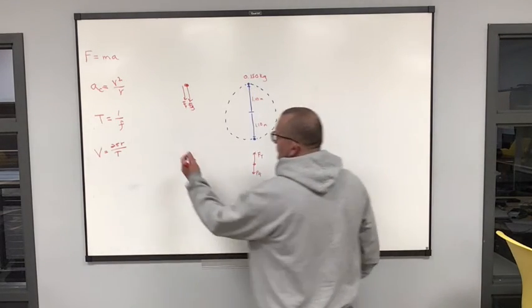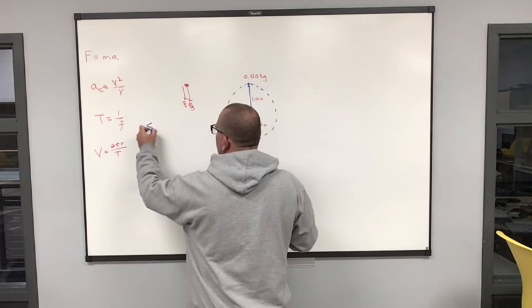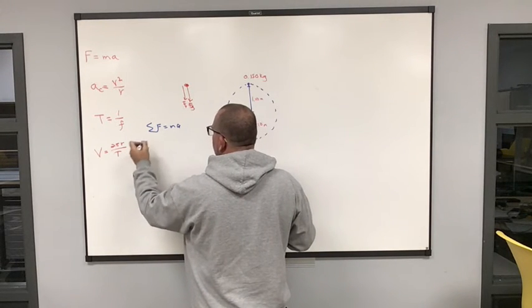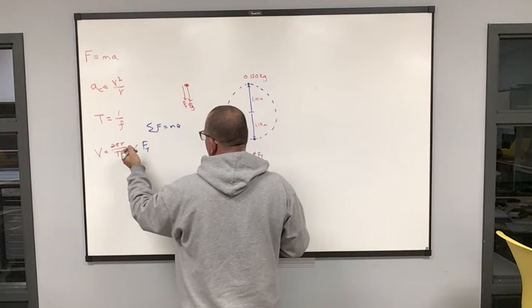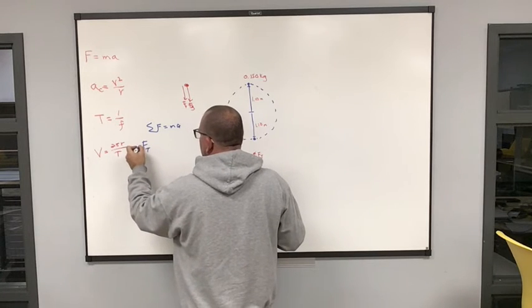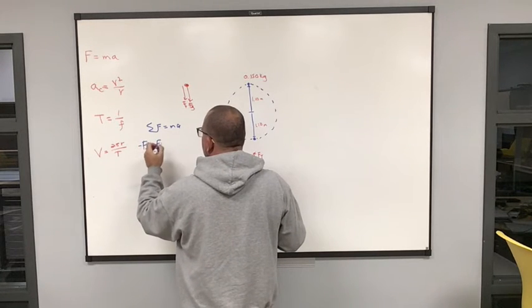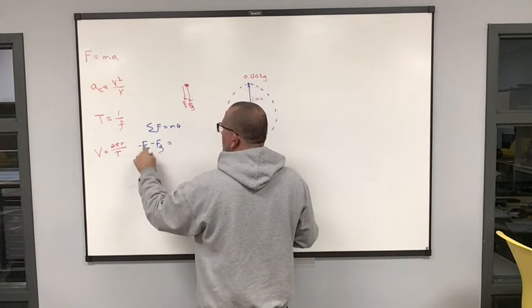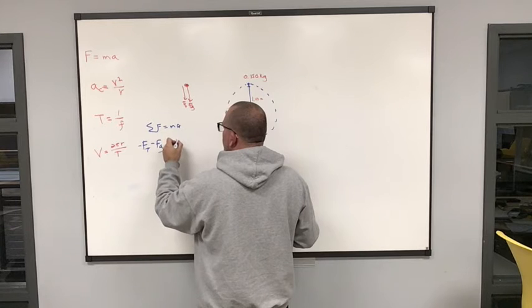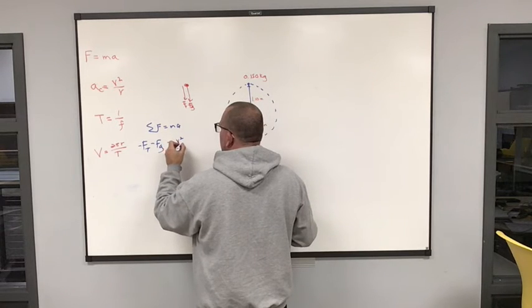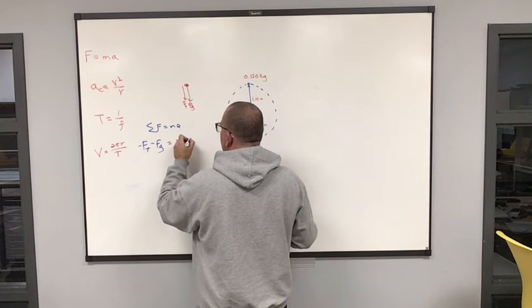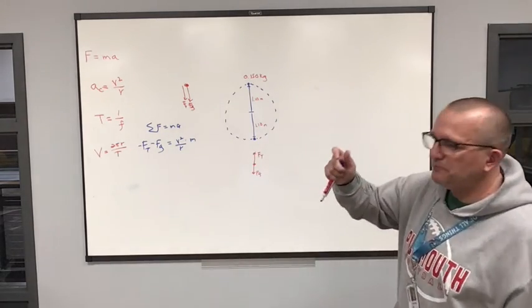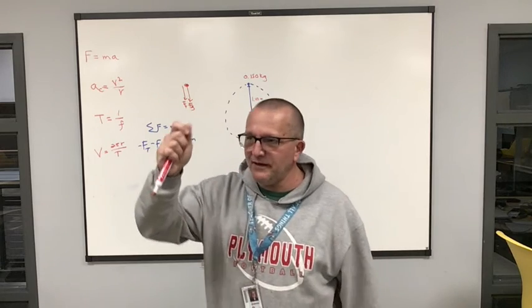So, Newton's second law. I have two forces, tension and gravity, both going down. I'm going to keep them both negative. Negative, minus, equals V squared over R times my mass, which is M. Now, if I'm at the minimum speed required to keep that thing going,